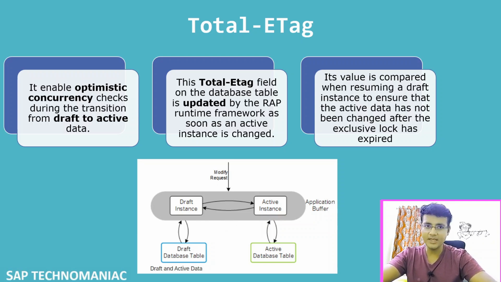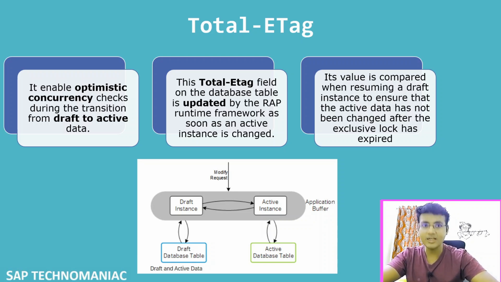If the Total ETag value matches, then only I will save. If it doesn't match, then I will not save, because whenever you change the active data, the Total ETag value changes each time. If nobody changed your data, then the Total ETag value will match and you can go and update without any hassle. If somebody else changed your data, obviously the Total ETag value will not match, and you have to discard